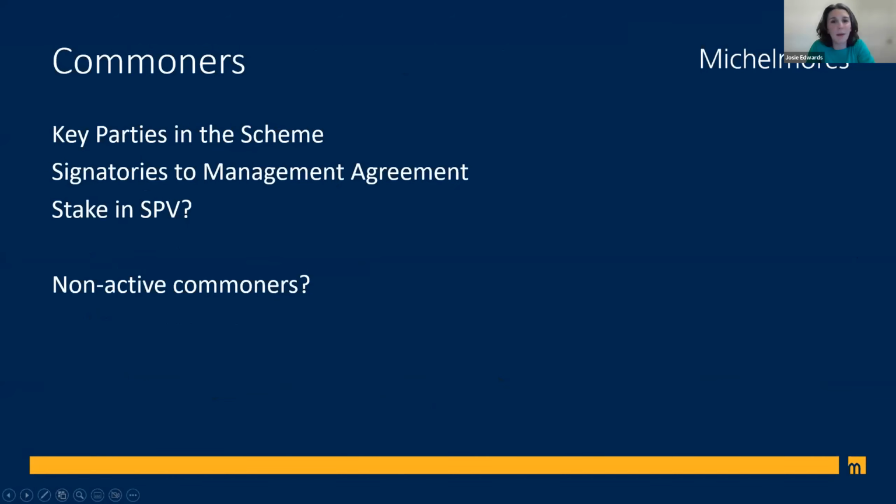So just focusing a little bit more on the position of commoners in these landscape schemes. In the Malverns, our understanding is there is a relatively small number of active commoners in the Malvern Hills, and that some, if not all of them, have been involved in the various higher level stewardship and countryside stewardship agreements to date. And so we're anticipating that those active commoners would be included in the scheme if they wanted to be included, because the scheme and the underlying conservation covenants will have to take account of their pre-existing commons rights and be consistent with them. So their involvement is a prerequisite.